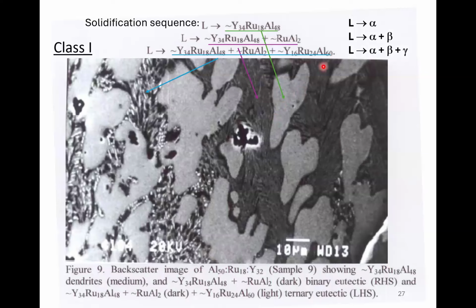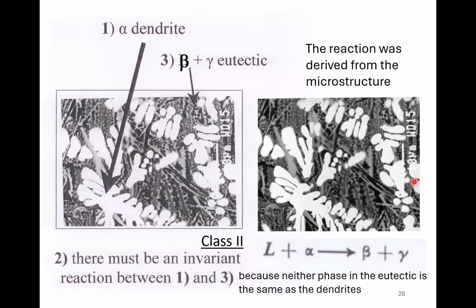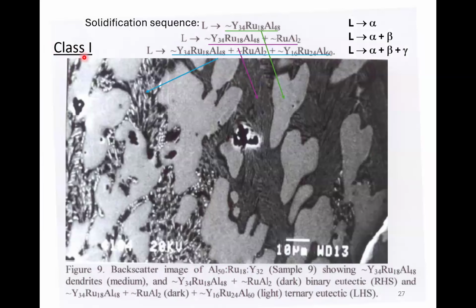So here's our primary phase. Don't worry about what we call these. Here's our primary phase. They're pretty ropey dendrites. So that's, if you like, generic liquid going to alpha. Now we've got a binary eutectic forming, liquid to alpha plus beta, those two phases. And then over here, you'll see there's 3 phases in there. That's a ternary eutectic, liquid going to alpha plus beta plus gamma. And there you are in there. Quite good fun, that. And that was a class 1